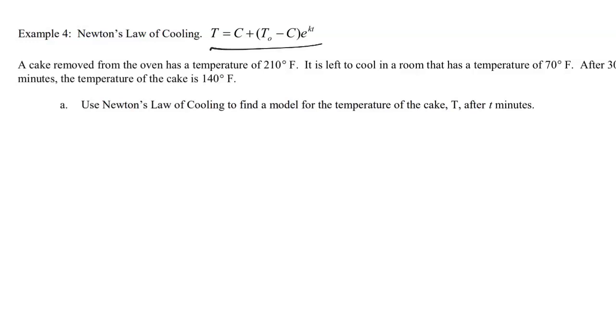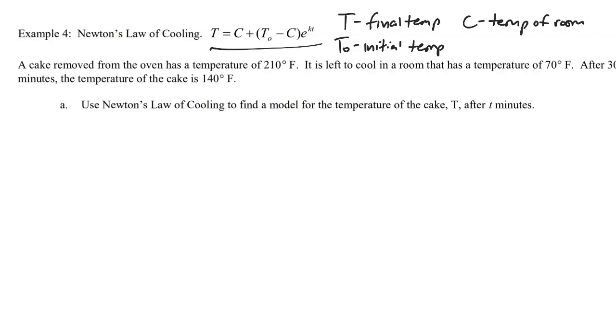In example 4, I'm going to teach you about what is called Newton's law of cooling. And so you have the equation here. I'm going to explain what each of these variables represent. Capital T is the final temperature of whatever is cooling off. T sub 0 would be the initial temperature of whatever is cooling off. Capital C is the surrounding temperature, or maybe a better way to say it is the temperature of the room, because obviously that's going to have an effect on how fast something cools off. K is going to be your rate of cooling, and of course that's going to have to be represented as a decimal, as always, and then lowercase t will represent the time.